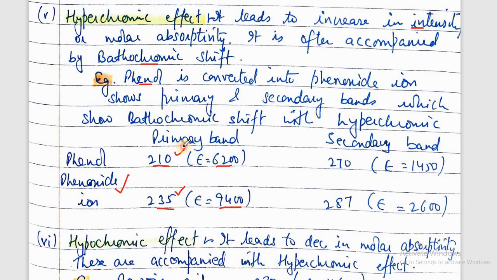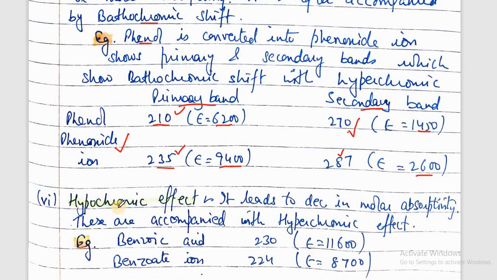These are the primary bands. If we see the secondary bands in phenol and phenoxide ion, there is also an increase in the value of epsilon, that is intensity, from 1450 to 2600, and there is also a slight increase in wavelength, that is, bathochromic shift and hyperchromic shift take place side by side. So next is